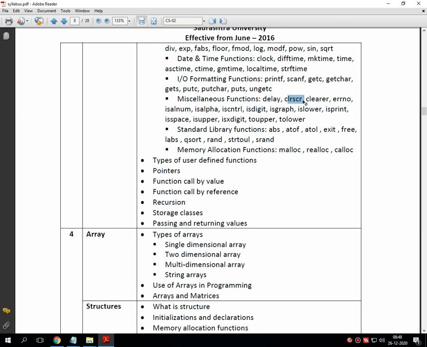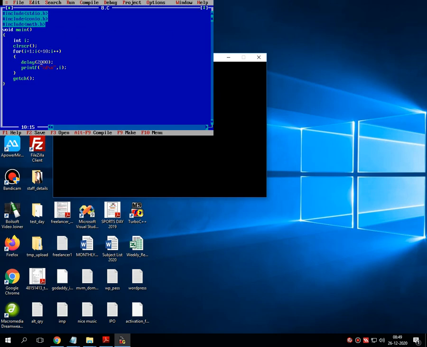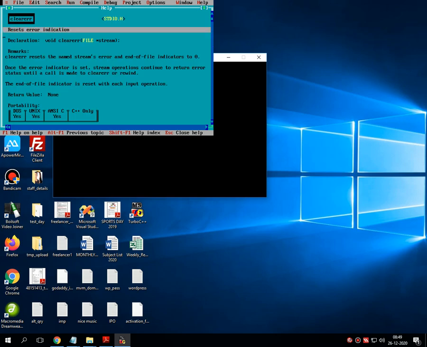Next one is clearerr. Almost in all programs, starting from the first lecture, from where we have started with the practicals, we are using this clrscr function. Similar type of function is clearerr. What is the syntax of clearerr? Let's see. This particular function will reset the error indications.